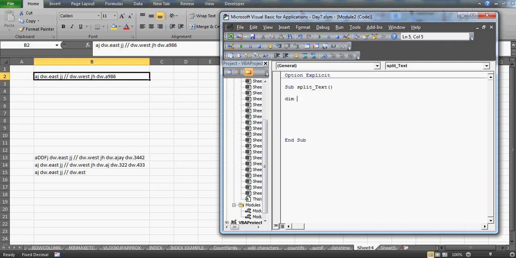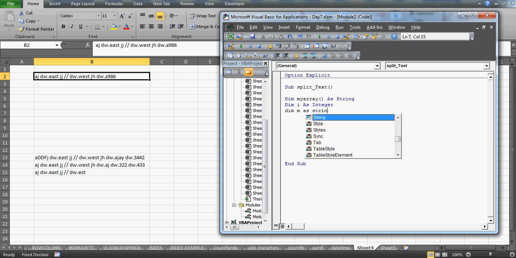The very first thing I'm going to do is declare my array first, as String. So right now this is going to be my array, which is open, so it can hold a number of items. The second thing I'm going to do is run the loop. I'm just assuming right now, let me declare this as Integer, because I'm going to run the loop. Now the next thing is I'm going to say m is, let's say, String, and I'll say this m is equal to Split,